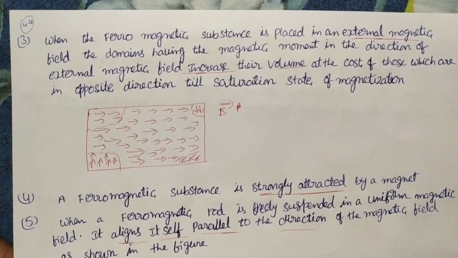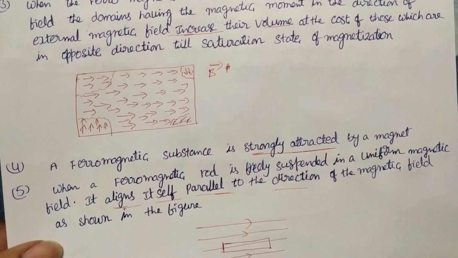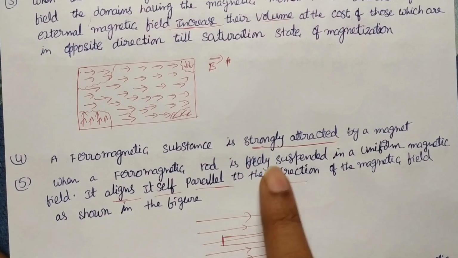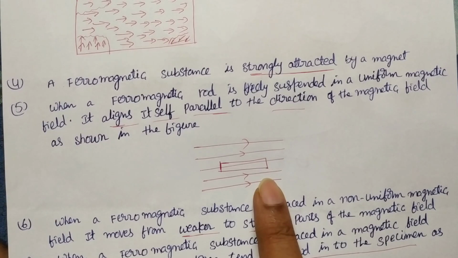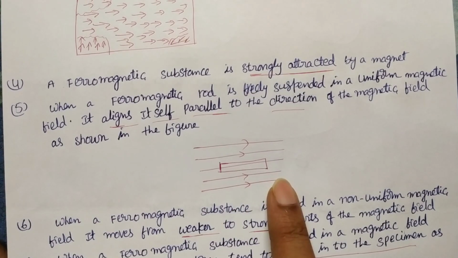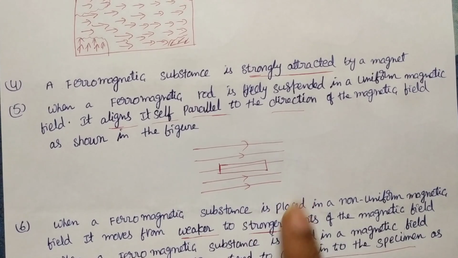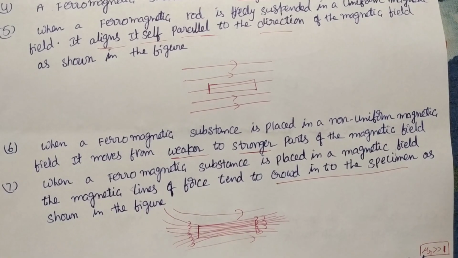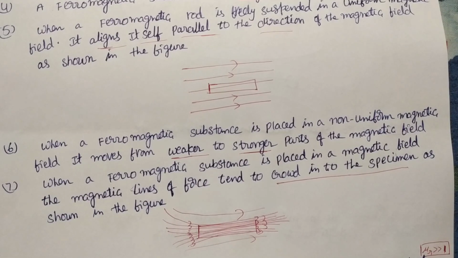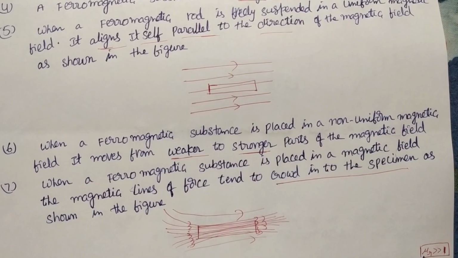Examples of ferromagnetic substances are steel, iron, and nickel. These show a strong magnetic nature and are strongly attracted by the magnet. If we suspend this material in the magnetic field, it definitely stands in the direction of the field, like a paramagnetic material, but the reaction is faster here. If you release a small ferromagnetic sphere inside the field, it moves from the weaker to the stronger field region, the same as a paramagnetic material. Here also, if you place a